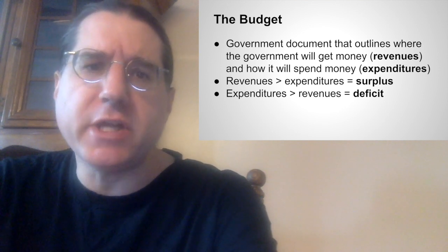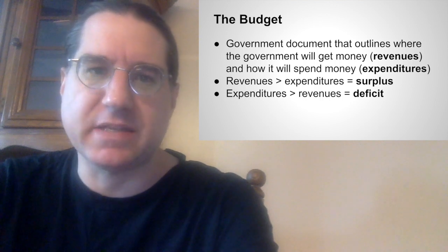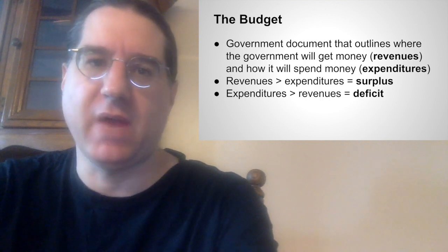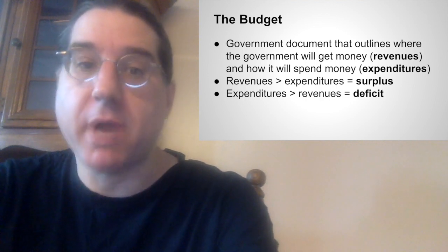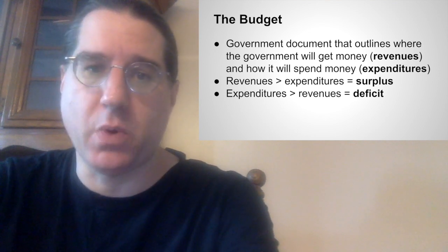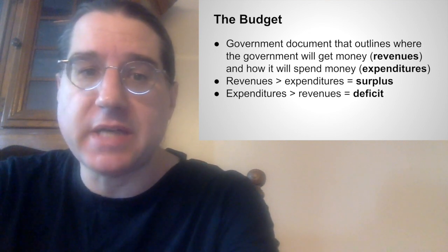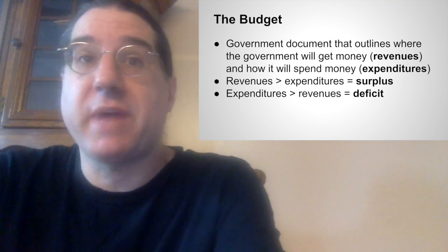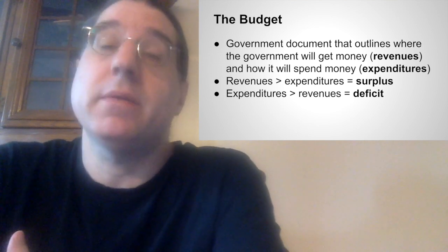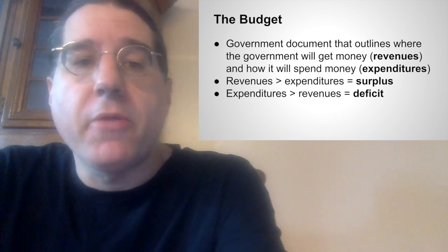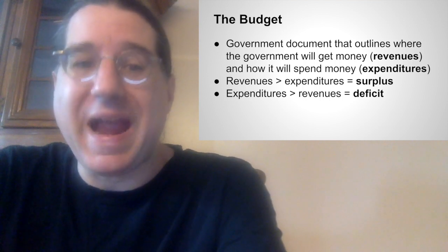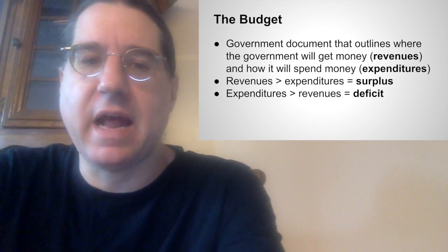So the budget and the legislation that creates it sets the framework for everything that a government does. Because if you can't spend money on a project, that project won't happen. If you want to have a strong military, you better pay for it. You want to inspect food to make sure that it's safe to eat, start cutting some checks. The budget is what allows the government to do any of that because it sets out how the government will